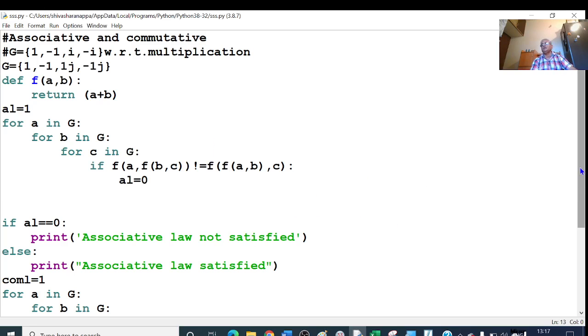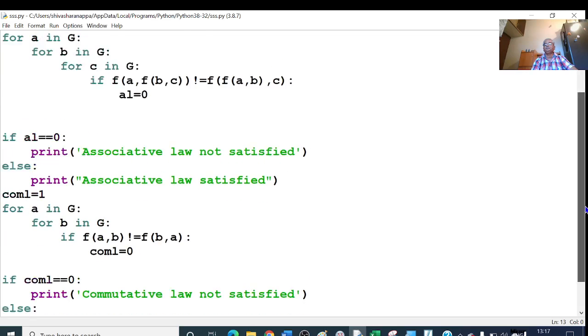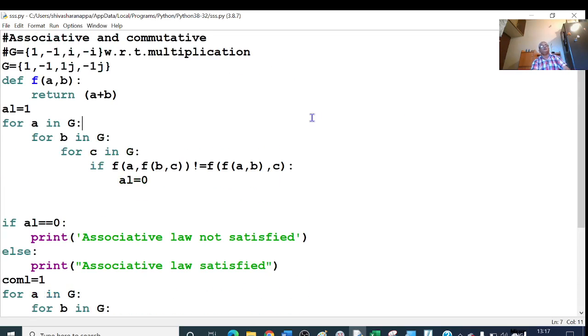Okay, this is the program. See here, first I'll write a comment line, associative and commutative. This is a comment line. And then we write one set G equal to 1, minus 1, i, minus i with respect to multiplication.